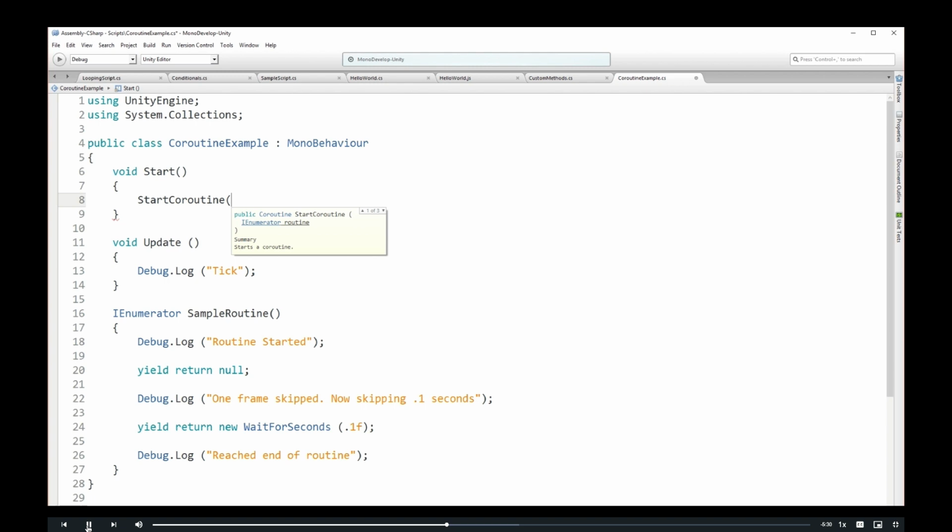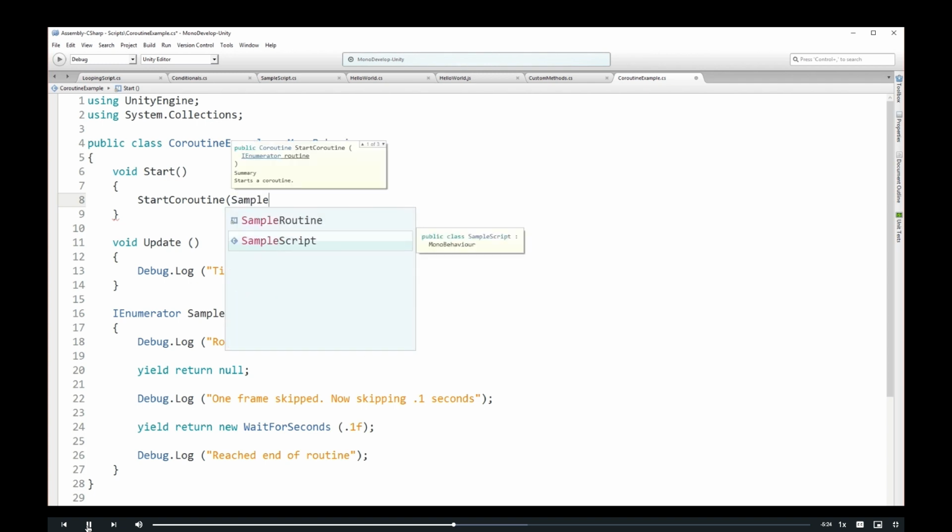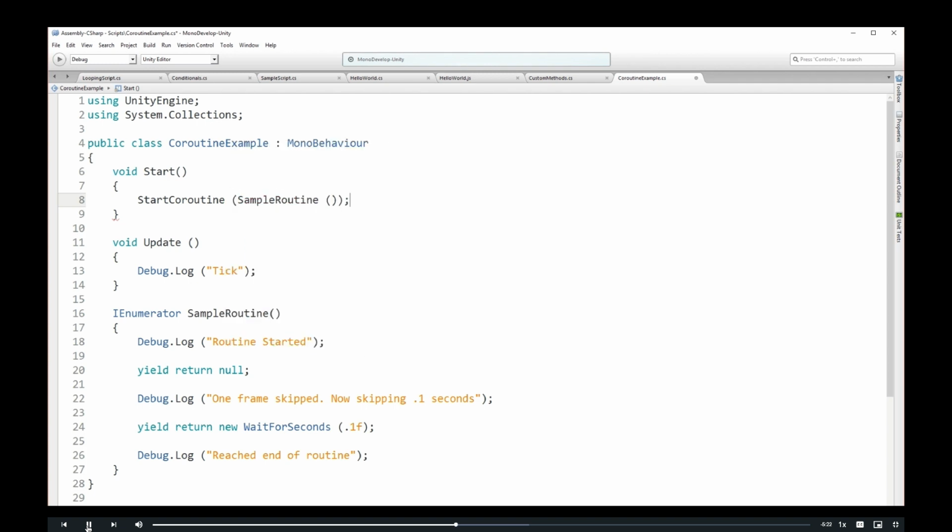Inside start coroutine, we can type in the name of our coroutine. We can type it as its actual invocation name, like this, which will cause it to invoke that method as a coroutine. Another way we could write this